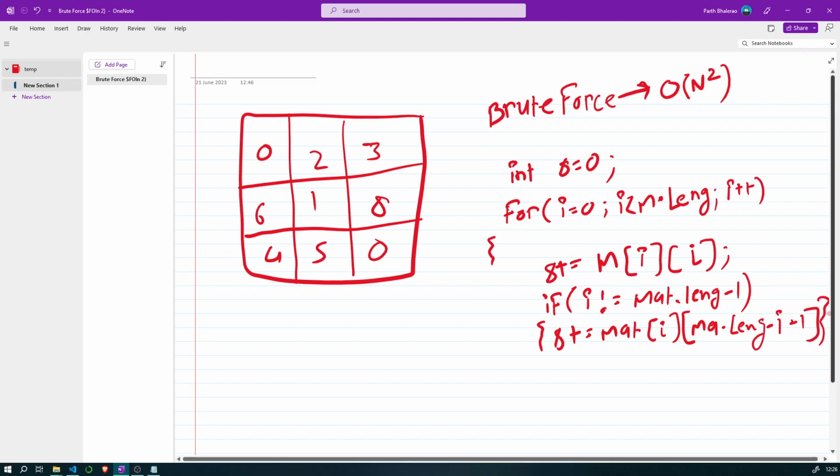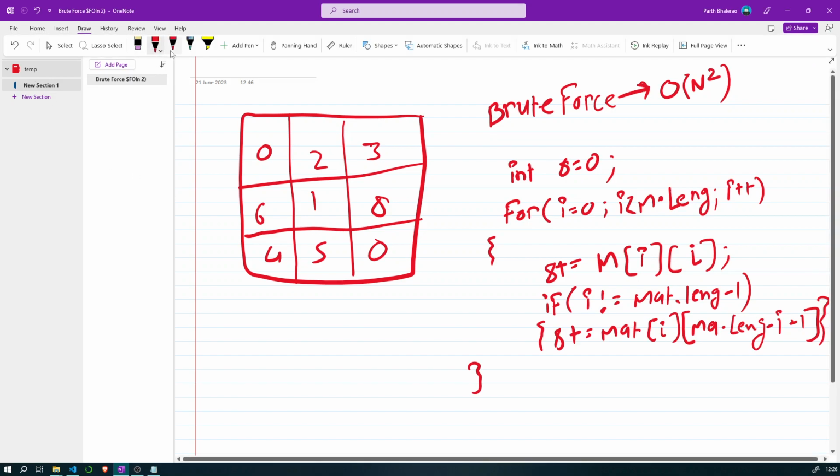Okay, perfect, and the for loop closes. Now let's see the dry run, how this particular thing works.